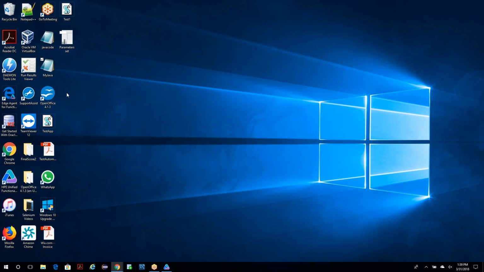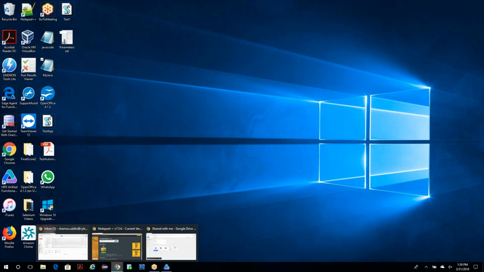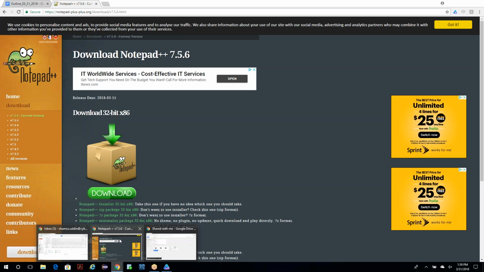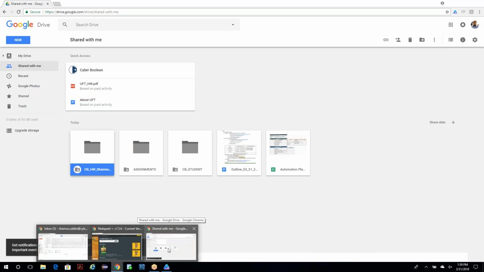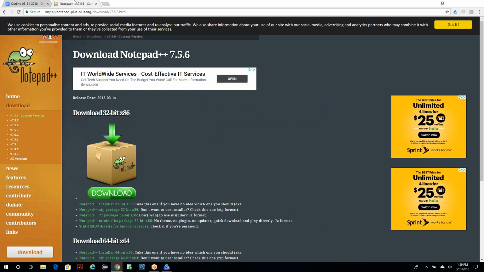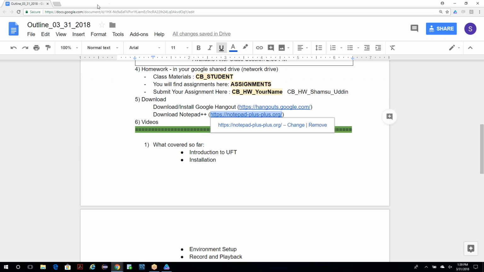There are more things actually you can do with Notepad++. So I want you to download and install it, and you will be using it in the future class, but have it on your system so you can play with it. Right. So we can close that. I'm assuming everybody did that,